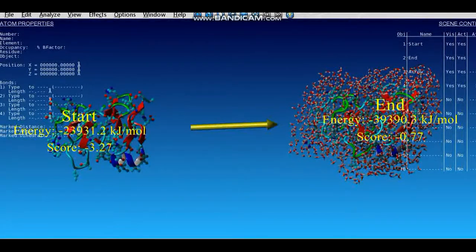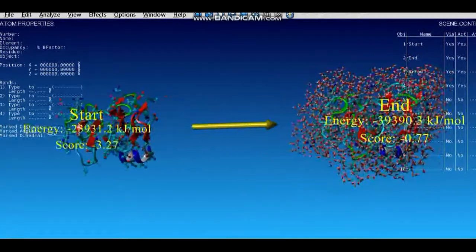That is, the energy has decreased. Not only can we see the difference in energy, we can also see the difference in conformation of the two molecules, before and after energy minimization, by calculating the RMSD value in PyMOL, and I will show how to do that.